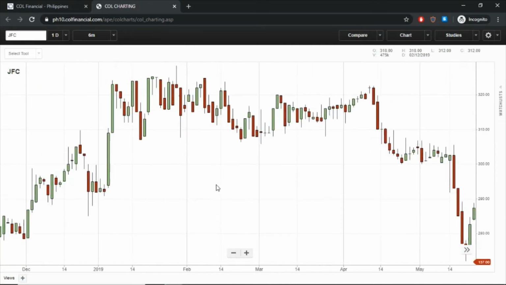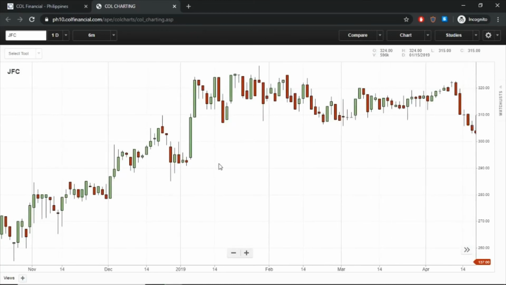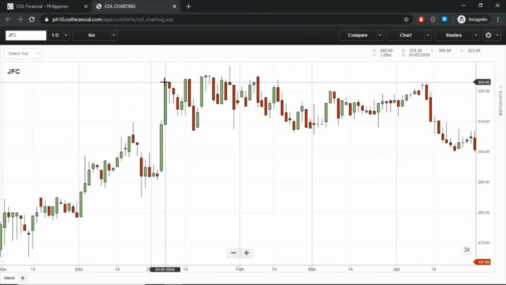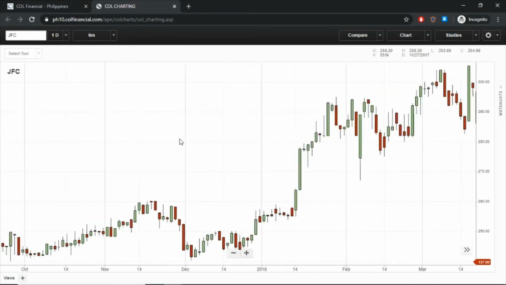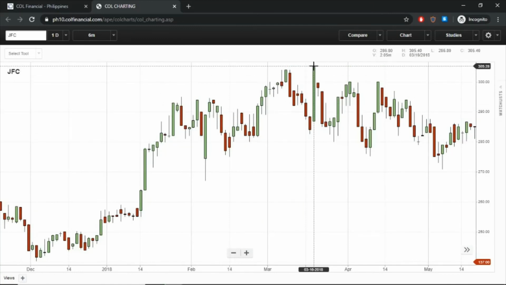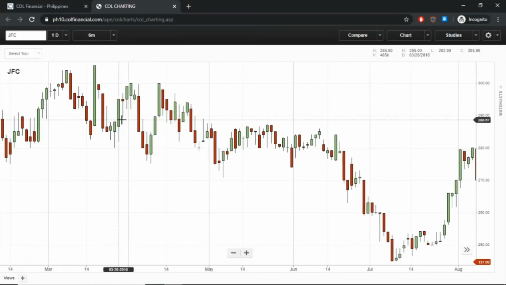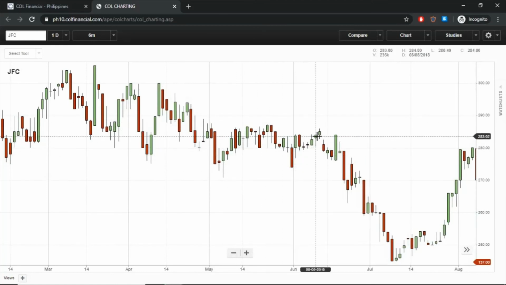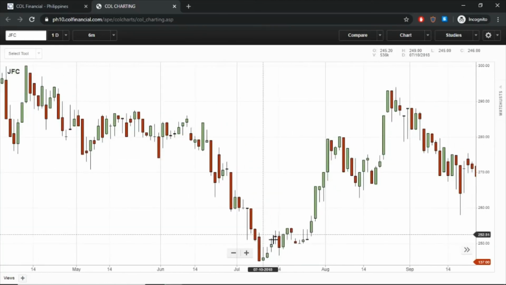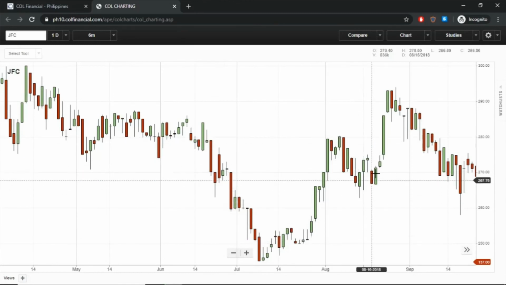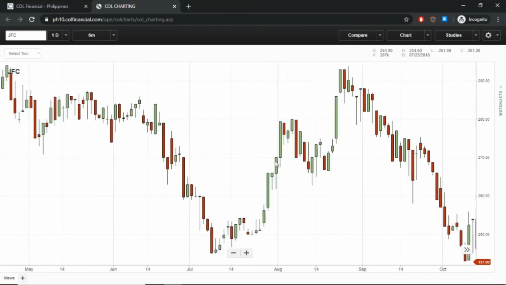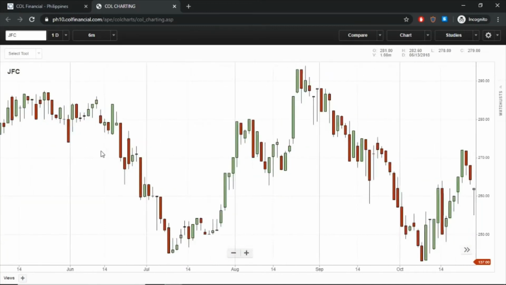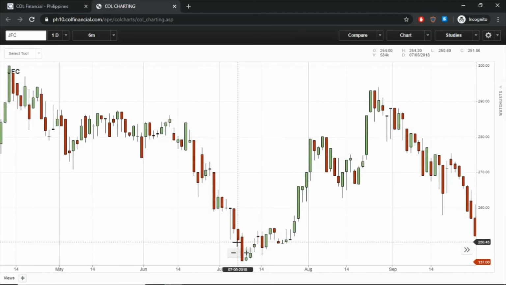So let's look here. Jollibee usually is at normal. 2019, it's at 323. So you would see that it really is high during 2019. So we have here 2018. I would really suggest that before you go and invest, try to understand how charting works. I'm not going to be tackling this for now because this is a long discussion. But I'm just showing you here the performance of Jollibee or JFC through the chart, and you would see 2018